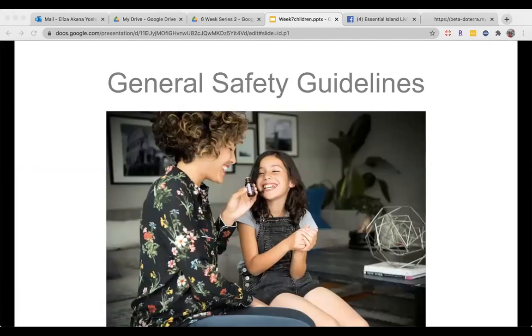All right, so let's go ahead and talk about some general safety guidelines. The best way to ensure that you're using essential oils is to properly educate yourself. So, thank you guys for being here and showing up for your learning. Remember, the way you use essential oils for yourself is different from how you will use them on your children. So, you want to read the labels and instructions and educate yourself before applying a product or oil to your